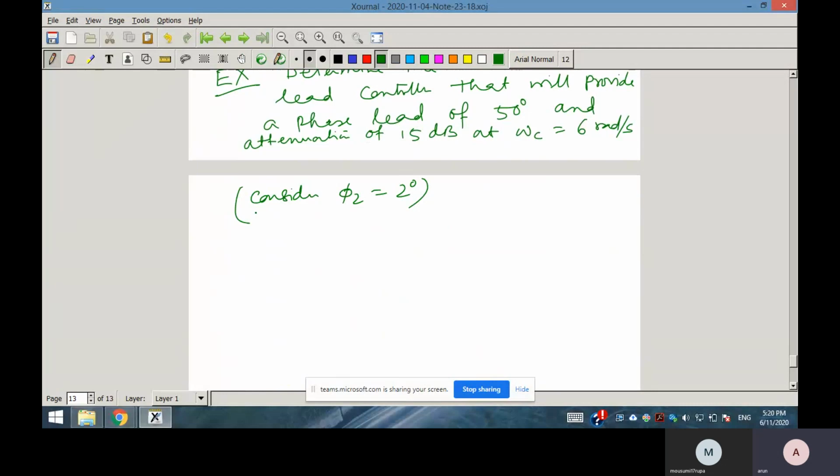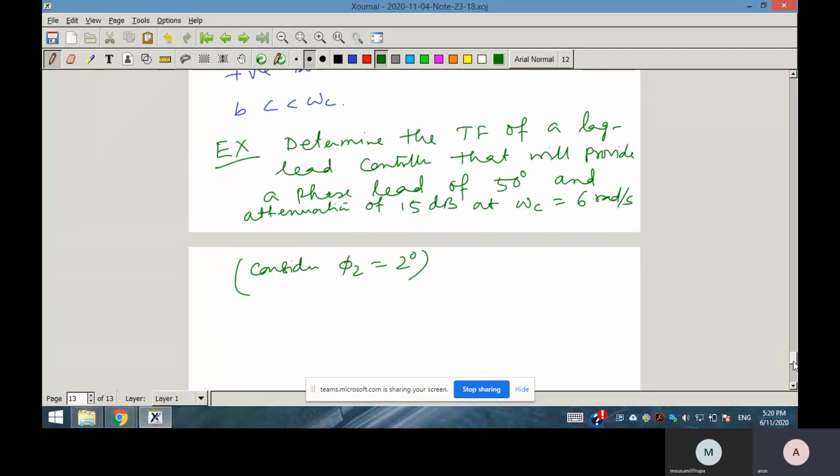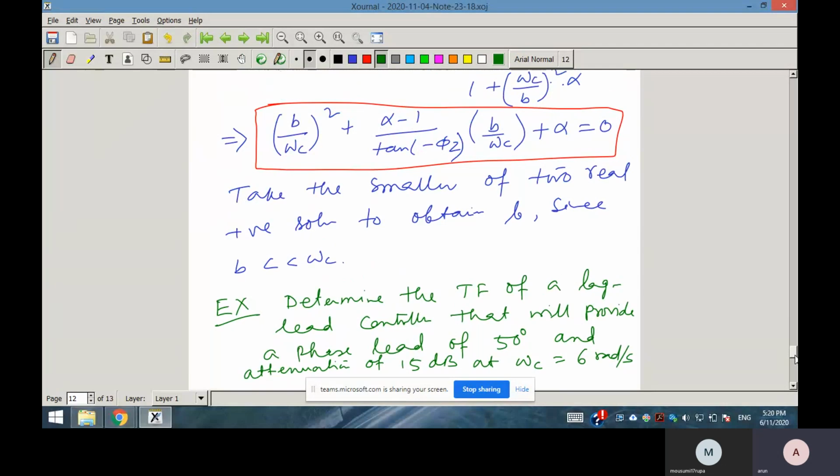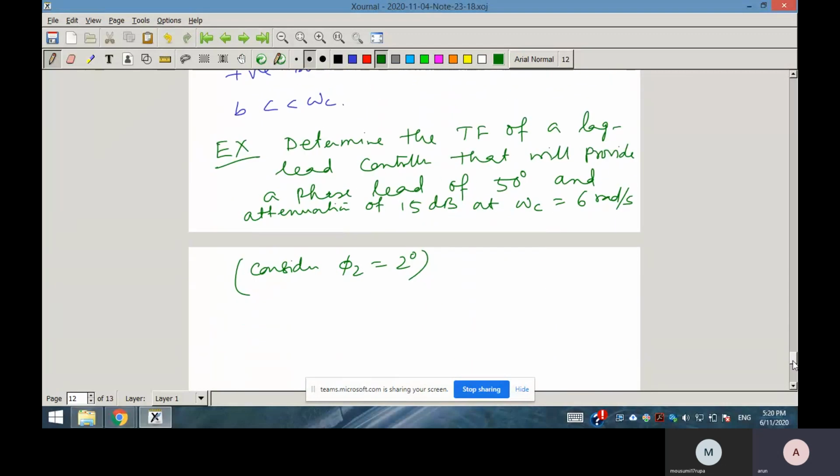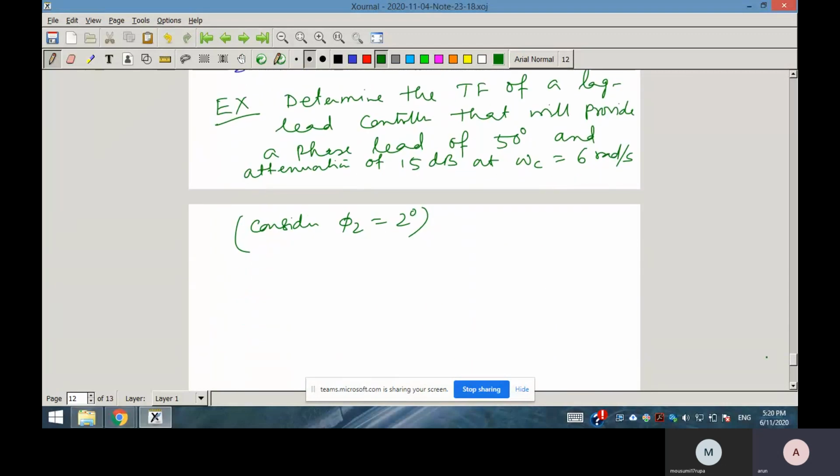So this example is just to illustrate the design process, just to solve these equations and design the controller. But actually, if a plant transfer function is given and some specification is given, whether a lag part is required, or whether a lead part is required, or whether a lag lead controller is required, all these things will be given in the next class. Okay, we'll be studying all the things in the next class,